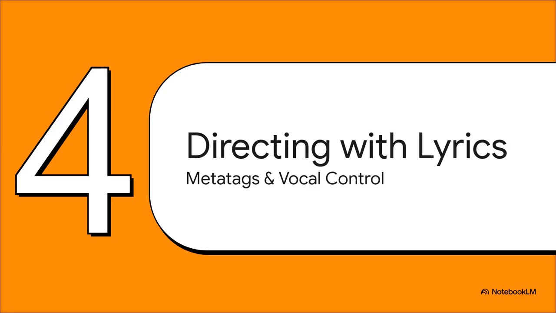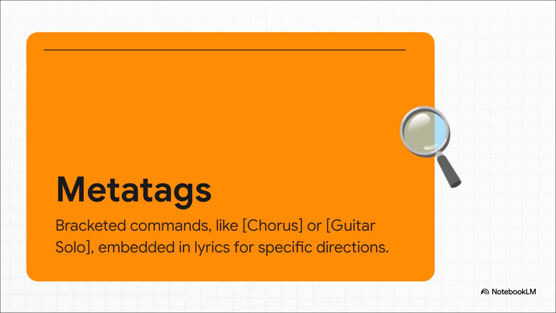Section 4. Directing with lyrical cues. So, if the style prompt is your song's blueprint, think of Metatags as your line-by-line stage directions. This is how you direct the AI performers inside the lyrics themselves. Metatags are just simple commands you put right inside your lyrics to tell the AI what to do at a specific moment. And you've got to remember this, for the most reliable results,